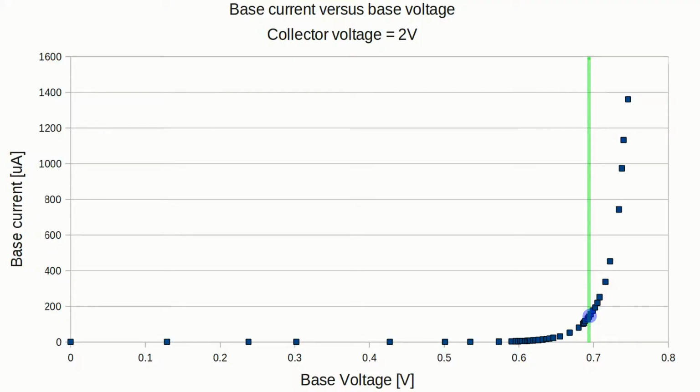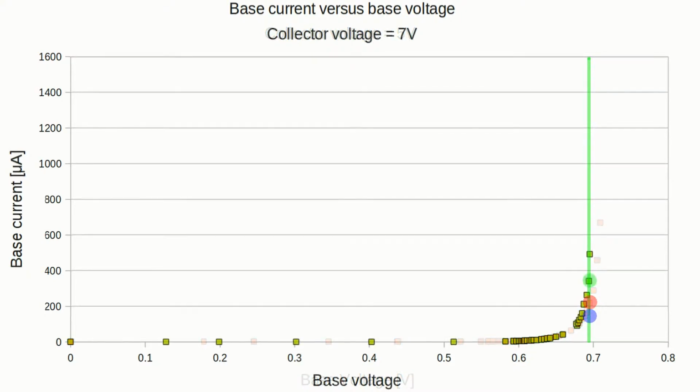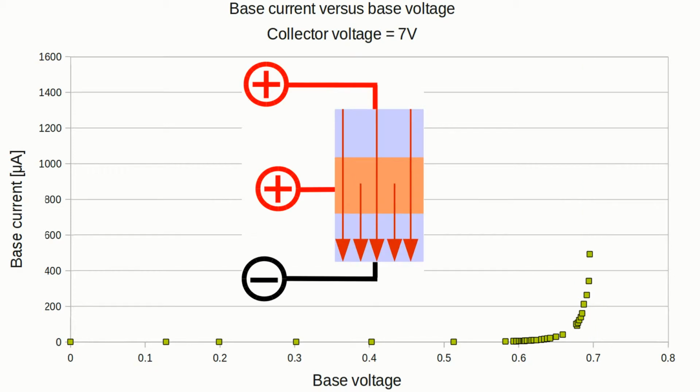Once again we get the typical curve progression of a forward biased PN junction. The higher the collector voltage, the higher the current running through the base pin becomes while looking at points of equal base voltage. The electric field of the collector voltage is pointing in the same direction as that of the